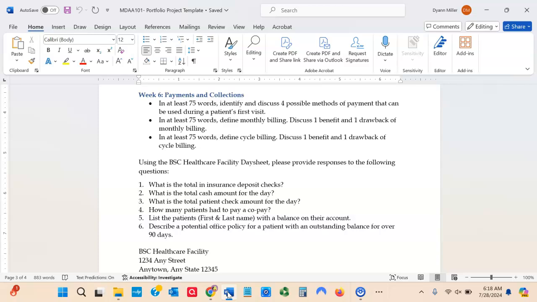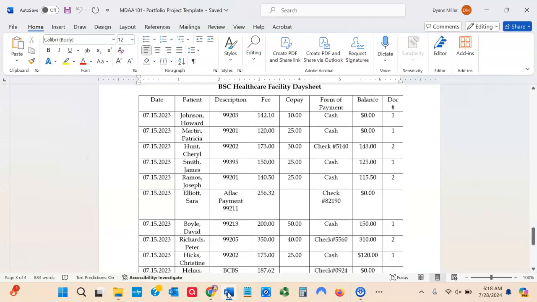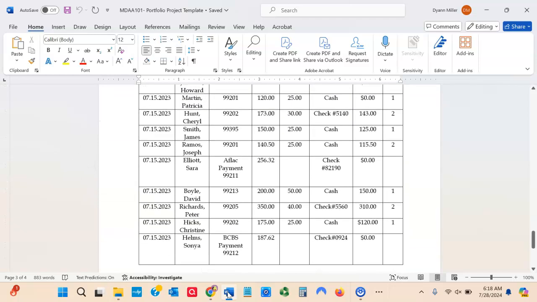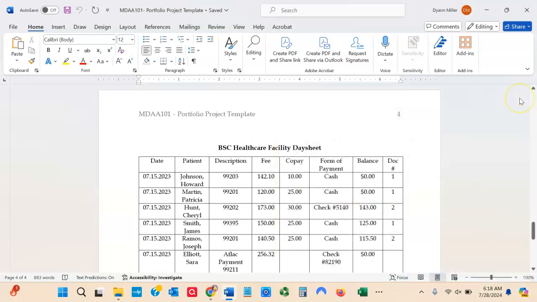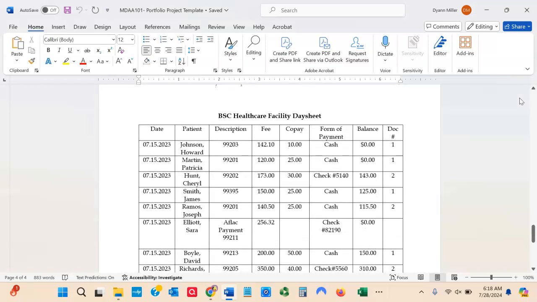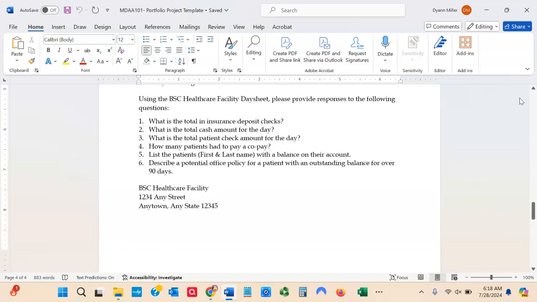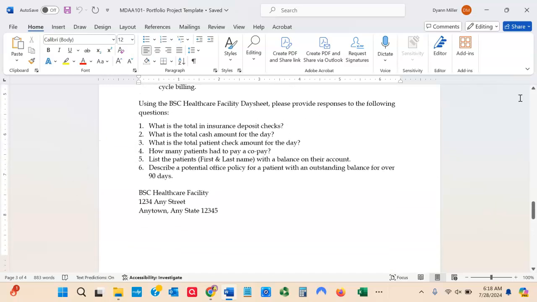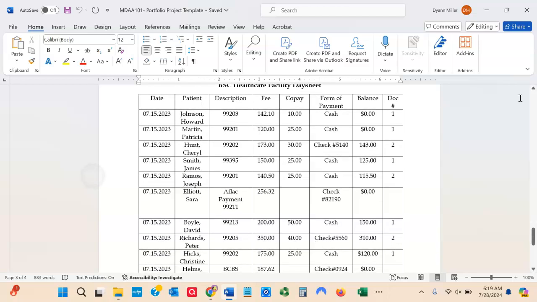Then your final portion will be to use this facility day sheet that is here. And you're going to make some calculations and identify certain portions of the day sheet. So your list of questions, there are 6. First, what is the total in insurance deposit checks? So it'll be important for you to take a look at the